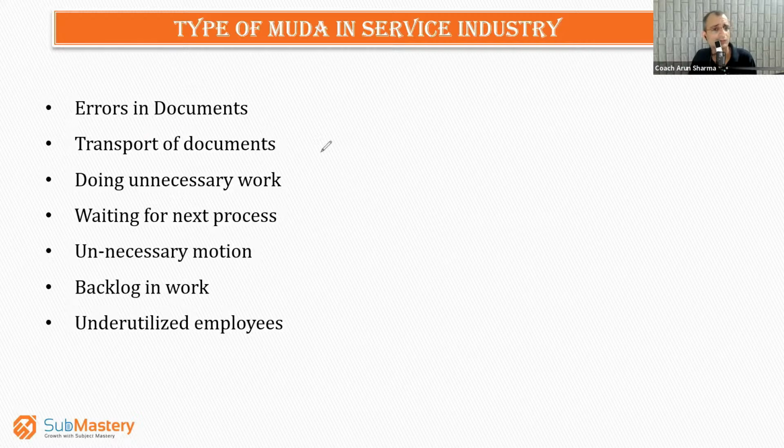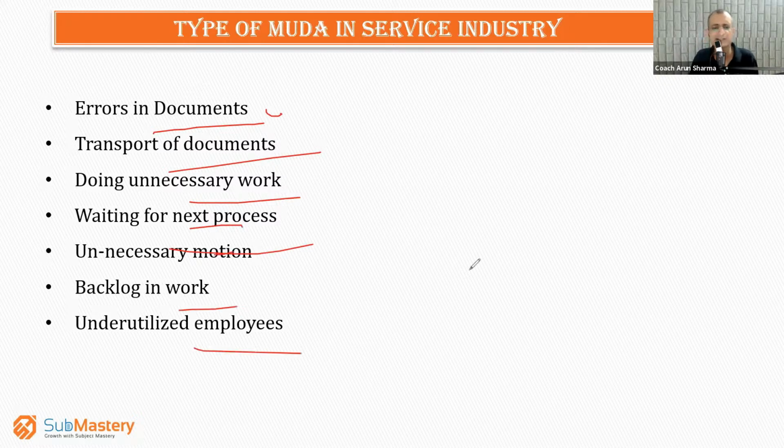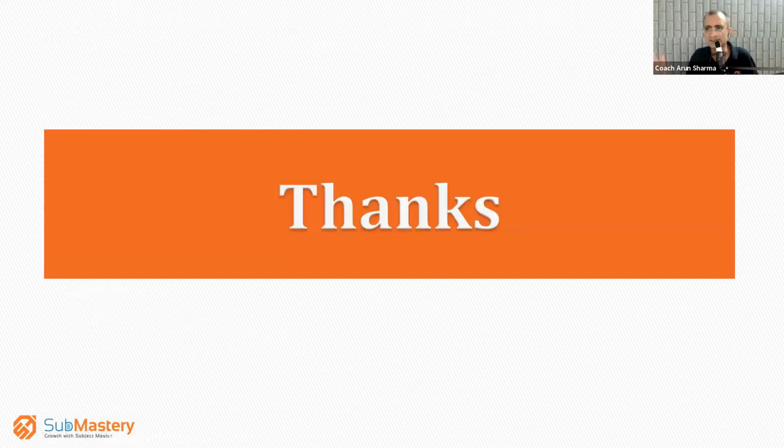There is a lot of to and fro transportation of documentation or information, which is delaying your project. Unnecessary and additional work you have to do, waiting for the next process, that once they do that, then we'll do this, unnecessary motion, backlog in the work, underutilized employees, the talent, that is also one type of MUDA, right? So these are the 6 types of MUDA. Additionally, some people nowadays also add a 7th, that means the people capability not utilized, the skill not utilized. They also have added